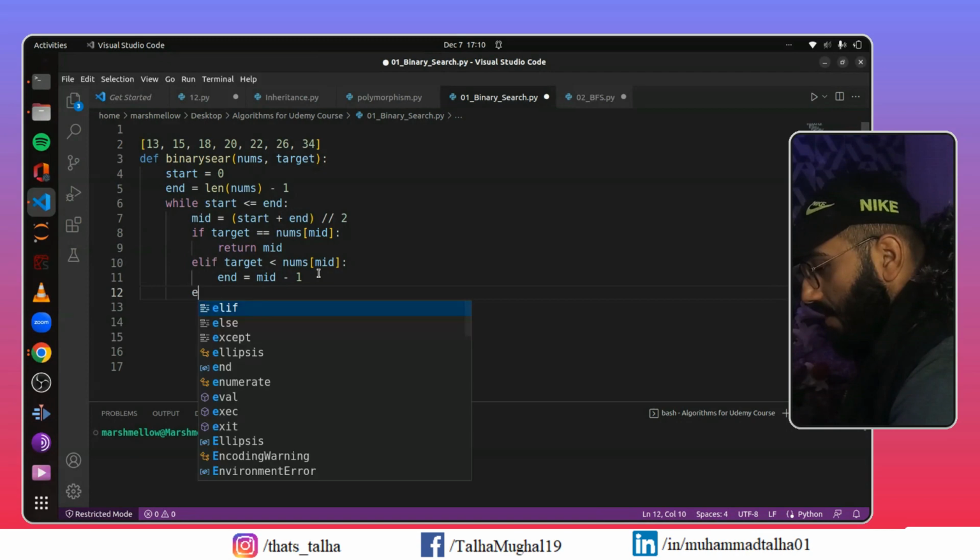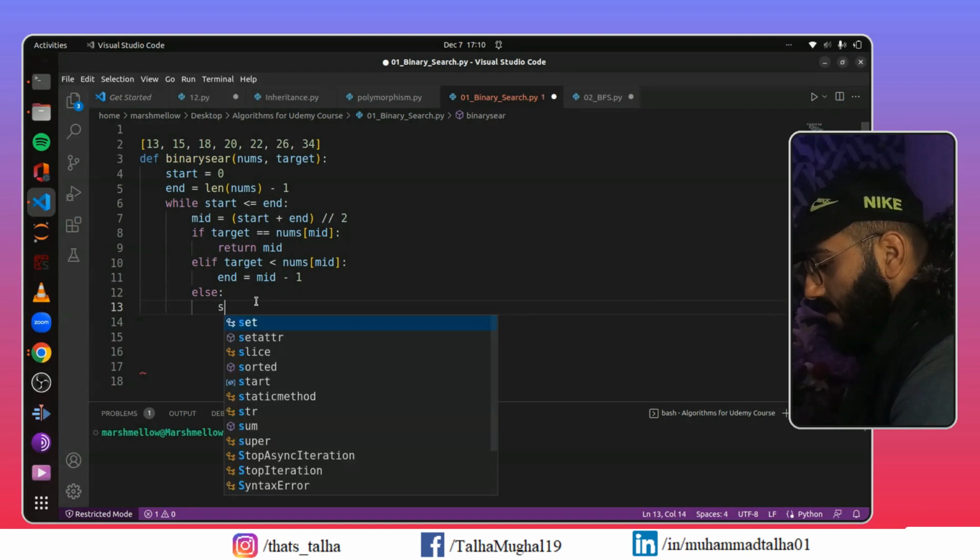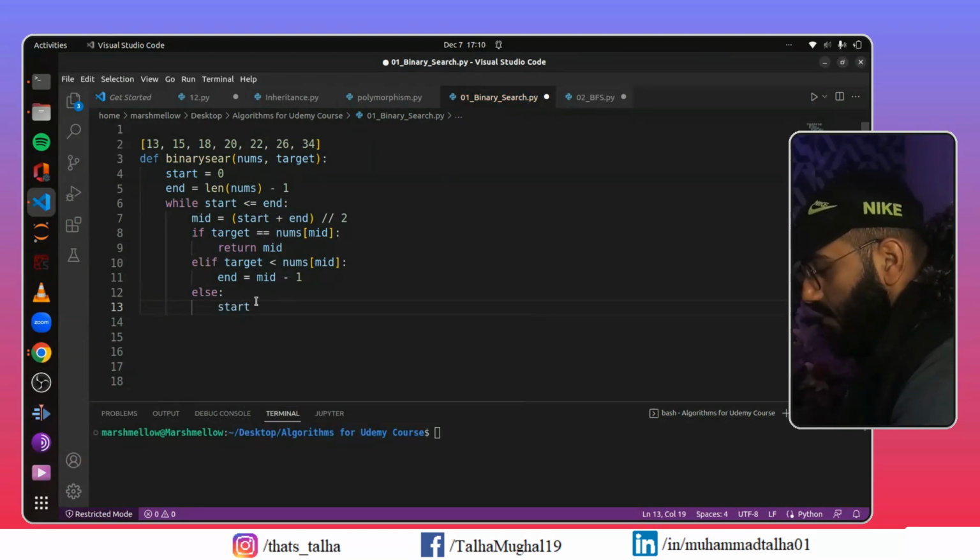And if target is better, remember we have defined equal condition, we have defined lesser condition, and the only condition that's left is that the target is greater than nums mid. So we don't have to write the condition, we can simply write else here. So if that's the case, then this time you have to update your starting